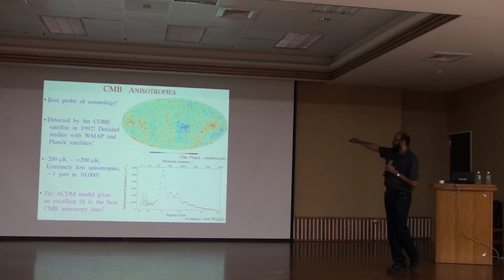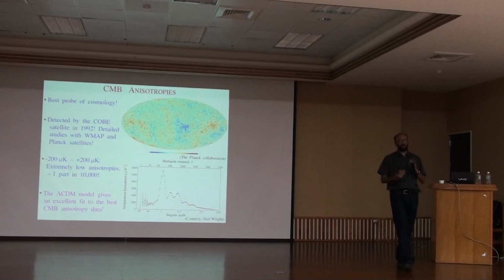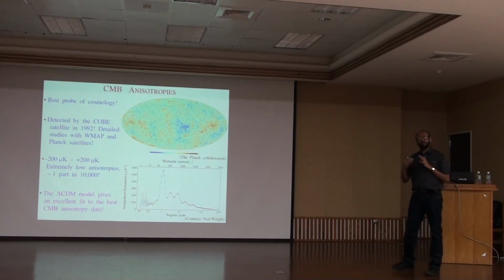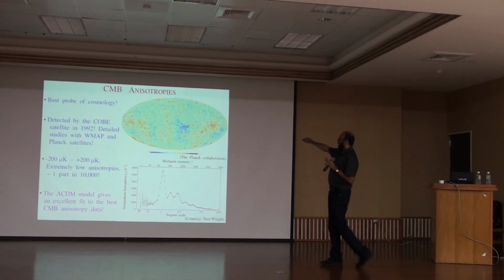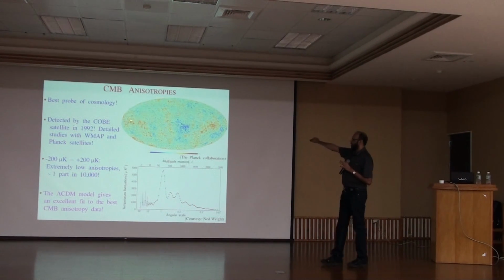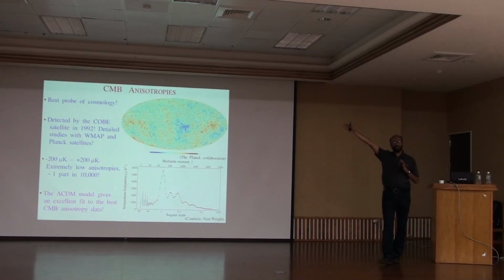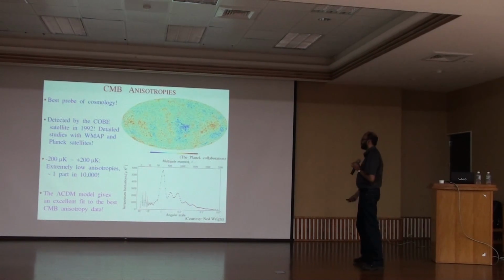That is a plot of the best map we have of the microwave background today. This, in fact, was just released a few months ago. It's from what is called the Planck satellite. And this is a funny plot. It's showing the whole universe in what is called a Mollweide, an equal area projection.